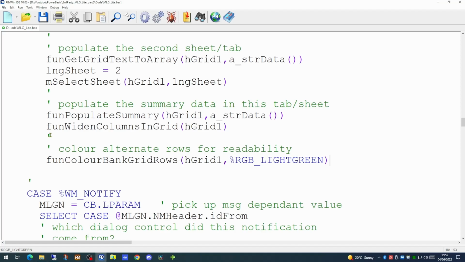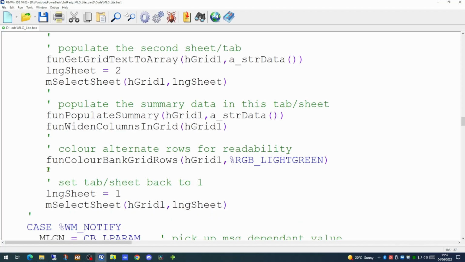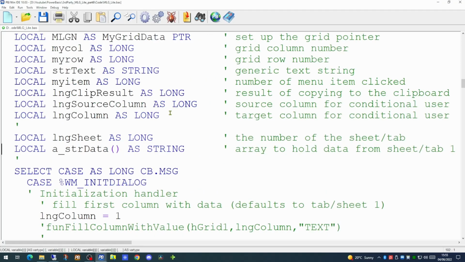If we left the code here, what would be visible to the user is the second tab. This may or may not be what you want in your application. But if we're wanting to move it to another tab, we can then use the selectSheet macro again to set the tab of our choice. In this case, I'm setting the visible tab or sheet back to the first one. Now we will dimension that array at the top of our function, along with the long sheet variable.